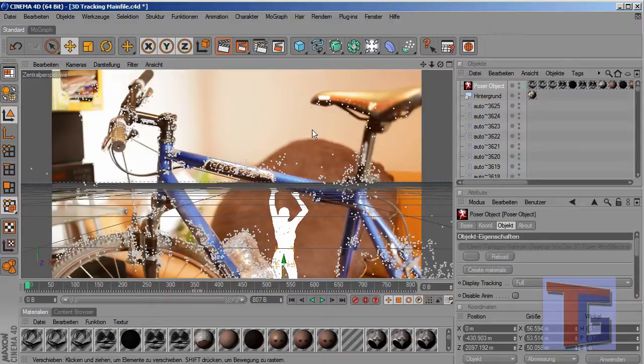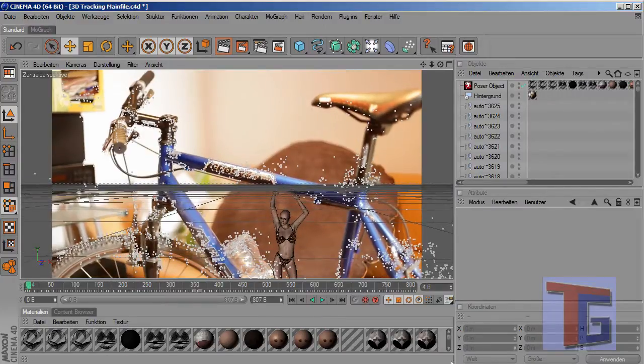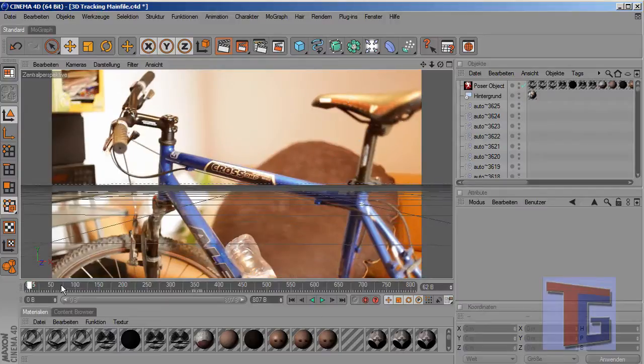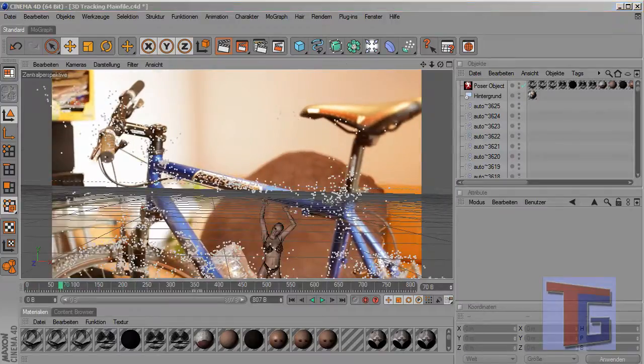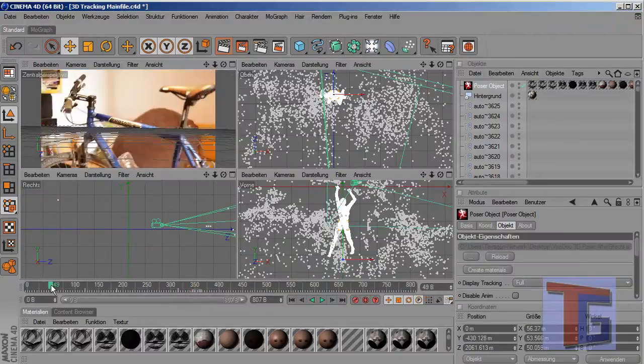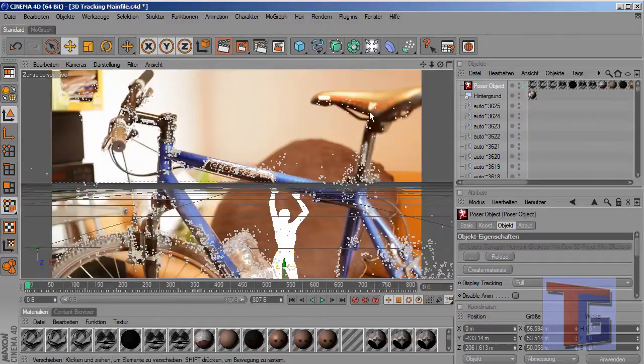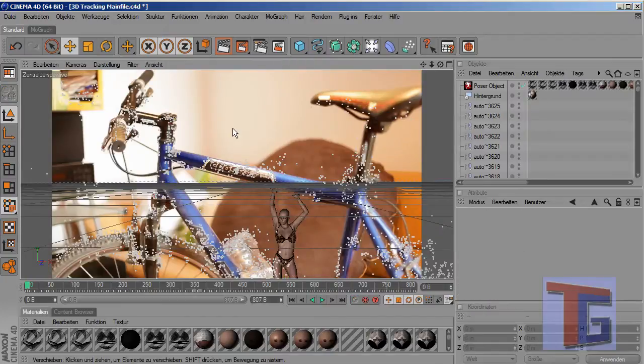So she's hanging there. Let's have a look. Okay, it moves more slowly. Okay, I just did add some keyframes here, so that the position will be a bit optimized. So now we can see here,